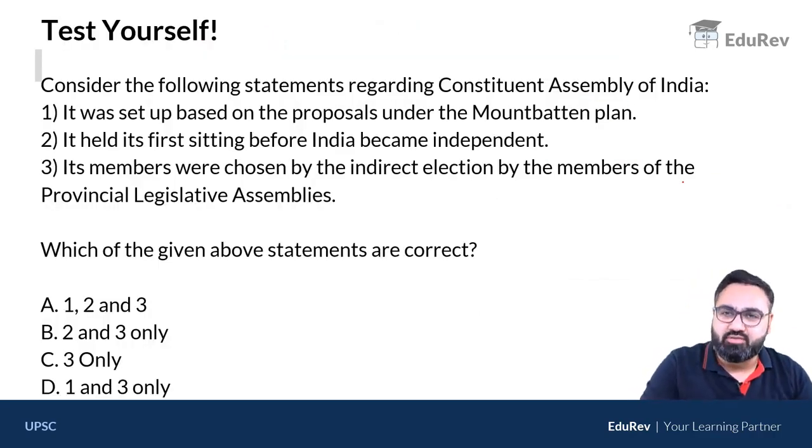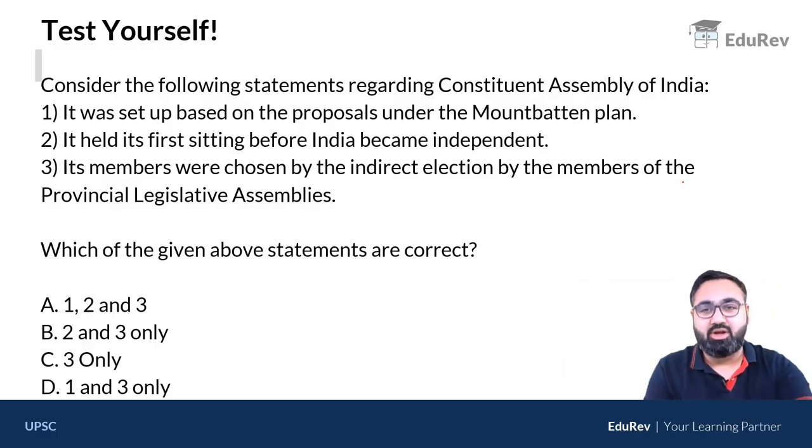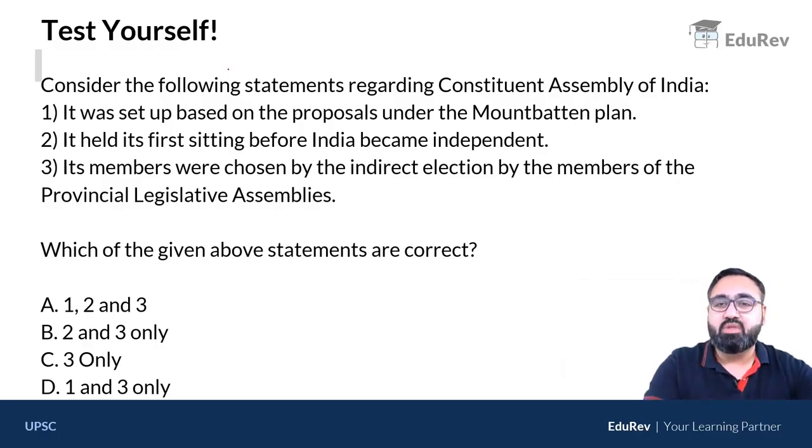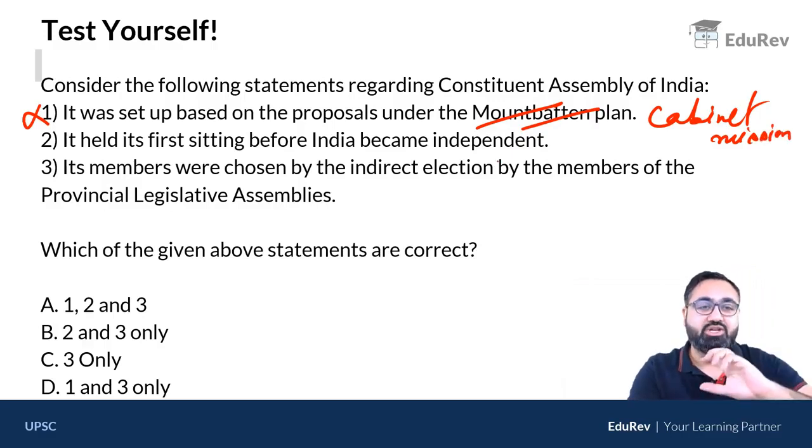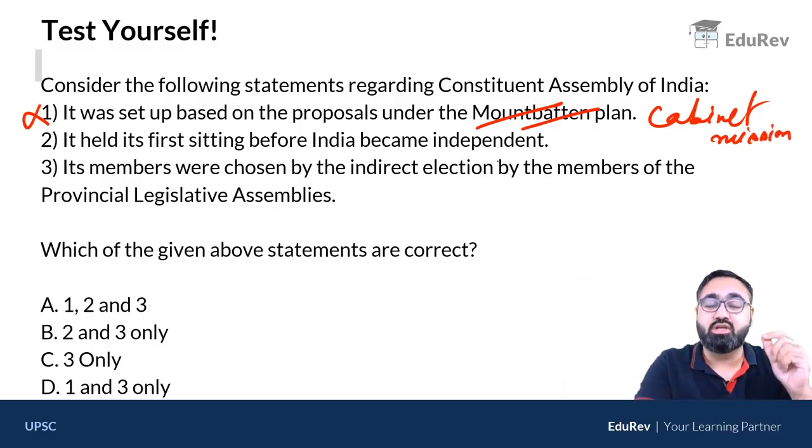This brings me to the end of this chapter, but before I leave, I have one simple question for you. Consider the following statements with regard to the Constituent Assembly of India. First, it was based under the proposal of Mountbatten Plan. This is incorrect. Why? We just discussed it was formed under the Cabinet Mission Plan, not the Mountbatten Plan. The Mountbatten Plan was the one in which partition of India and Pakistan was announced on 3rd of June